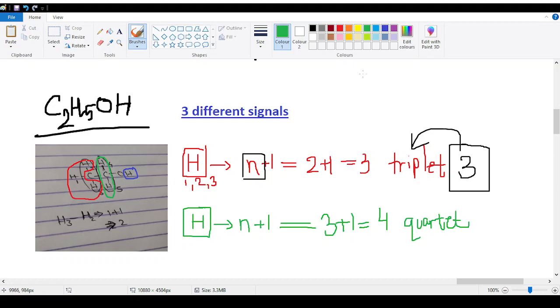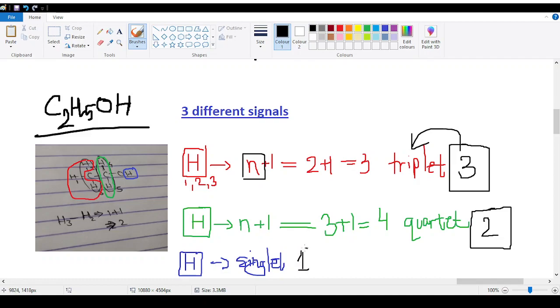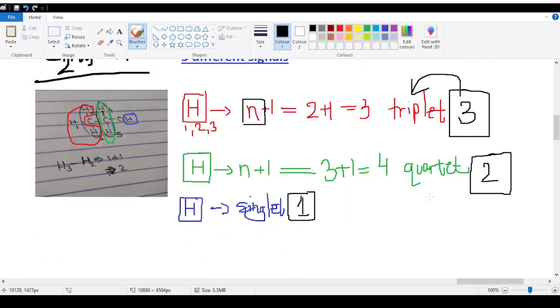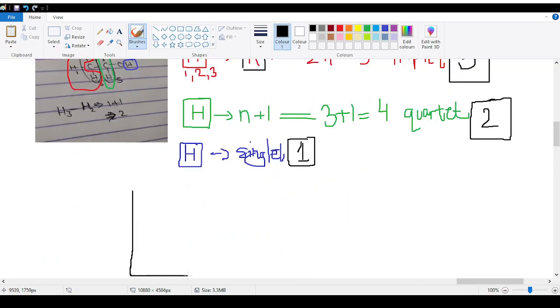And how many hydrogens are responsible for this pattern? Two hydrogens. And finally, we have the hydrogen in the OH, and we know that if it's an OH, it's always singlet. So no need to do any calculation. Always singlet. And how many hydrogens in this? Only one, right? So this is the rough idea. If I give you a rough idea about what the graph can look like,